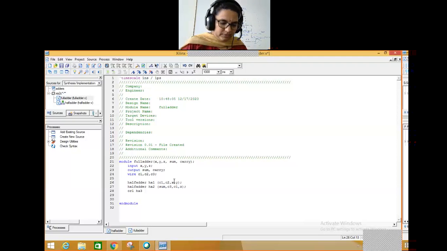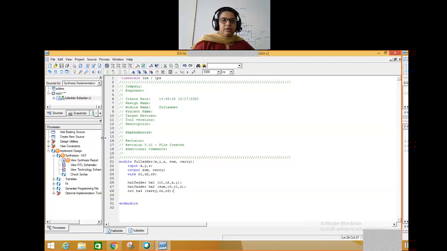Then what is its output? It has only one output, that is carry. And I have two inputs. Which are those two inputs? One is C2, another one is C3. So it is C2, comma C3. So end module. Fine. So this is how I'll be creating my full adder using a half adder.